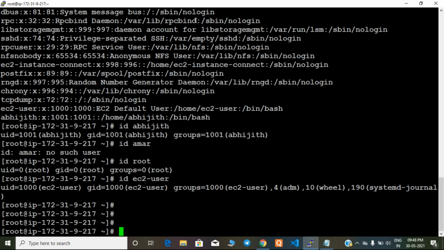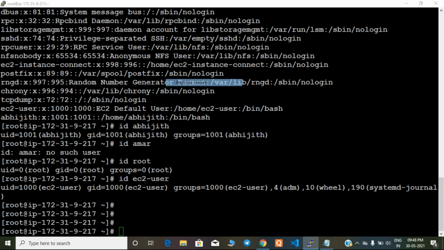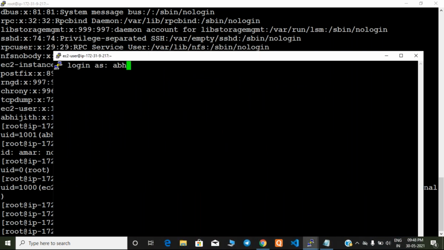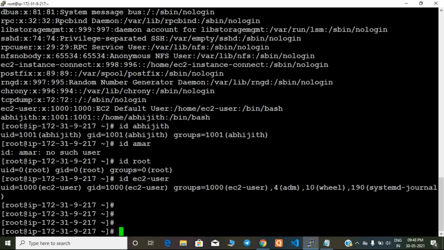Same server. Let me use duplicate session. So Abhijit, it will throw an error: no supported authentication methods. See, Abhijit user is there. Let me set the password also. This is the command, guys, to set up the password.